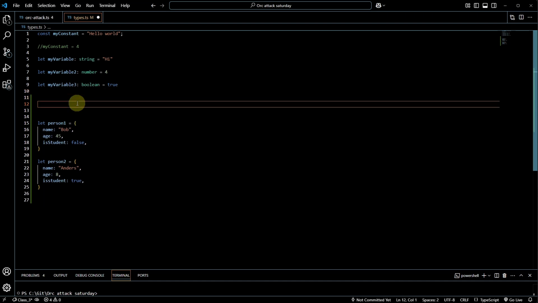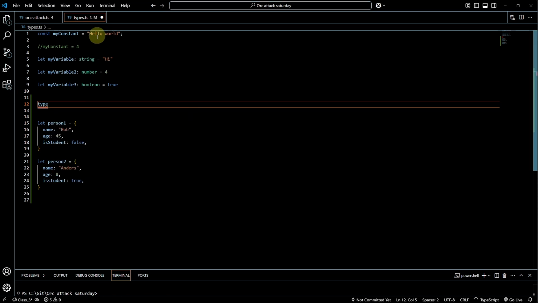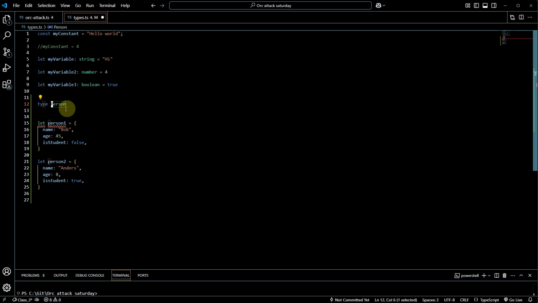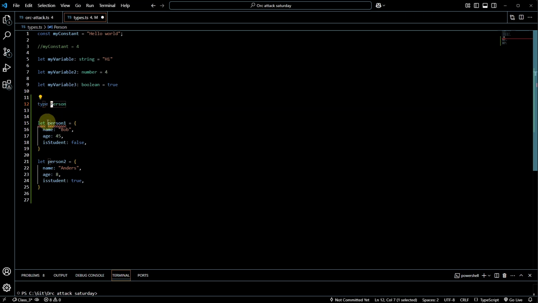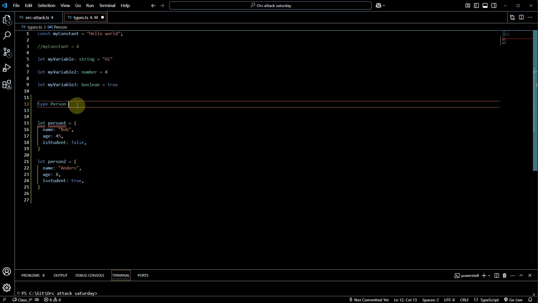So what we can do is create our own type for objects. Up here I can write type, which is the keyword when I want to create a new type. Just like we have string and number and boolean, I want to create a person type. Now I write Person with a capital P. That's a convention that everybody uses. When we create types, the first letter is capital. When we create a variable, the first letter is lowercase. Type equals,